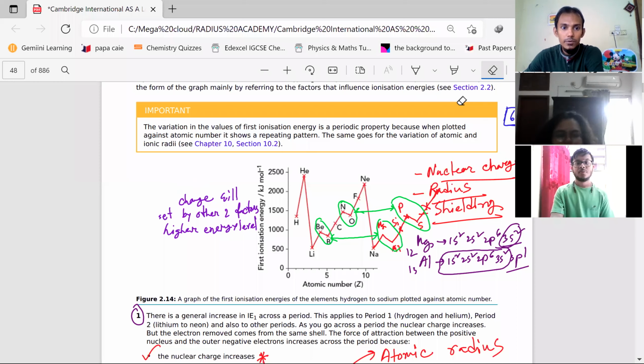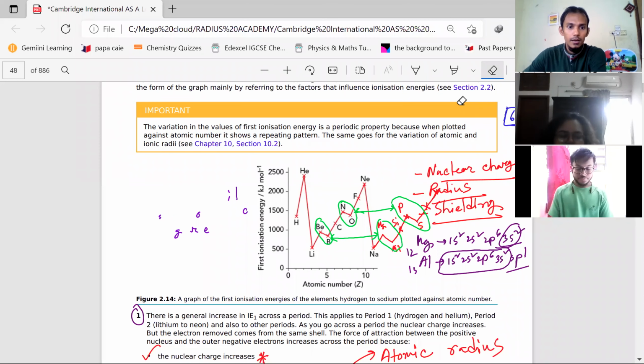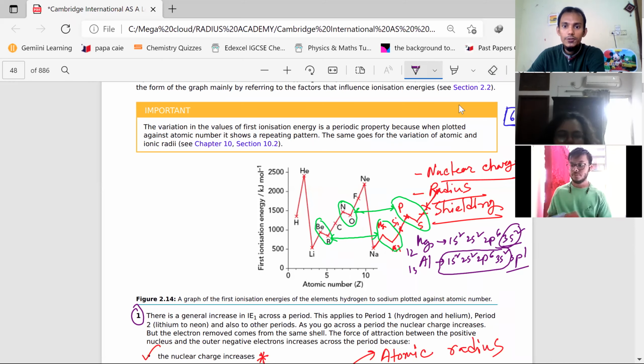Okay, now we will try to explain nitrogen to oxygen or phosphorus to sulfur, same thing. Let me explain nitrogen to oxygen. Phosphorus to sulfur is the same explanation. Nitrogen, again,